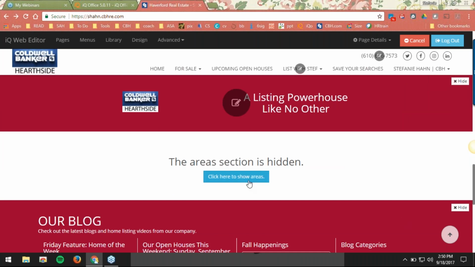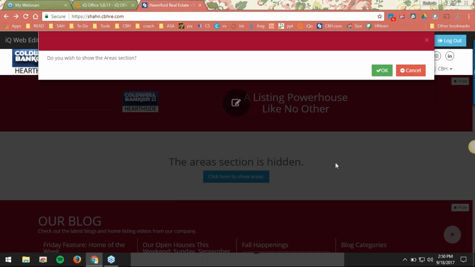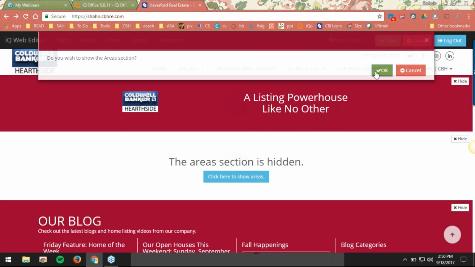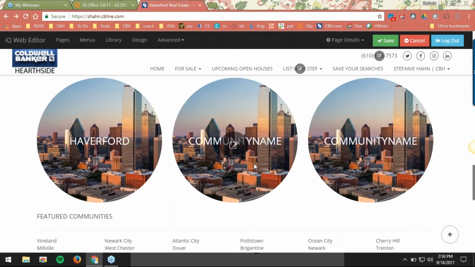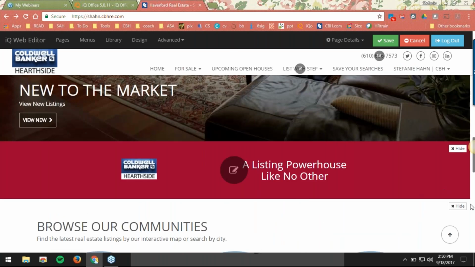You can see I've hidden the areas section on mine. All I do if I want to change that is click here to add it back. Do I want to add it back? Yeah, all right, I'll add it back. There it is. Now I got to do the work and put everything in there, but